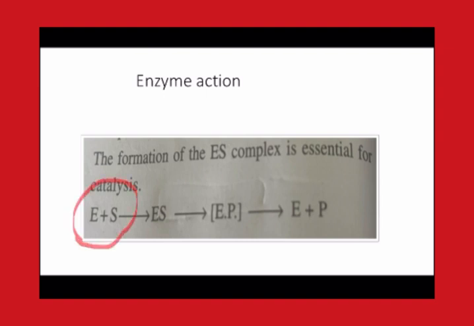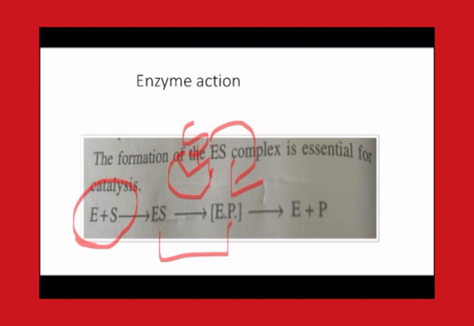The substrate is stable, and after binding with the enzyme it forms a complex which is unstable, because this substrate will convert immediately into a product. The substrate binds at the active site of the enzyme, forming a bond. After forming the bond, the substrate will convert into product and an enzyme-product complex will form, which is also an unstable molecule. So these two, the enzyme-substrate and enzyme-product complexes, are unstable transition states